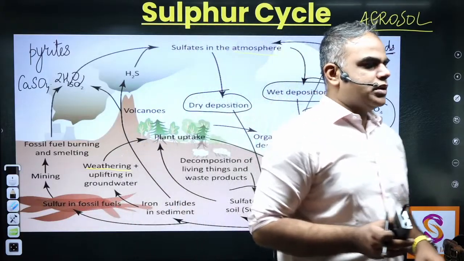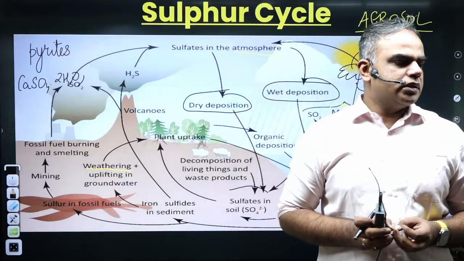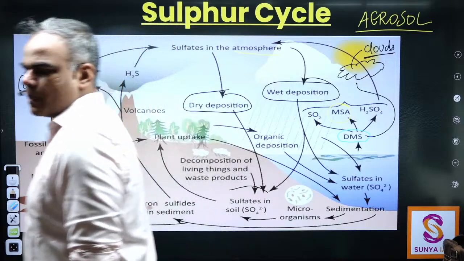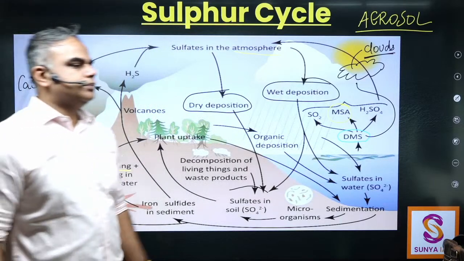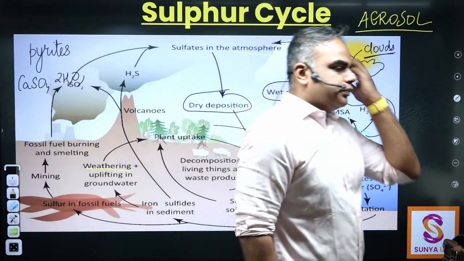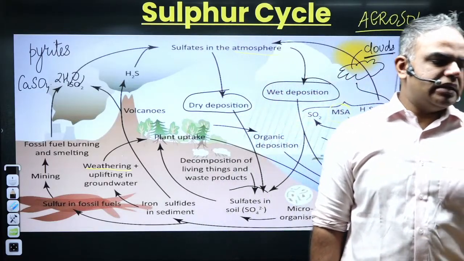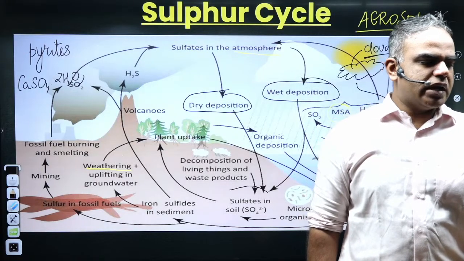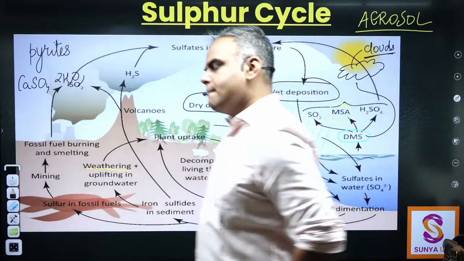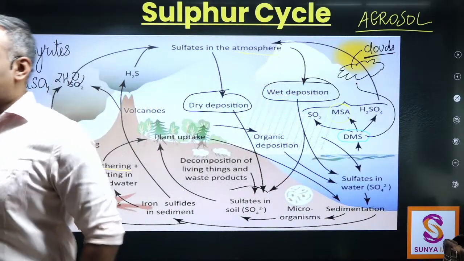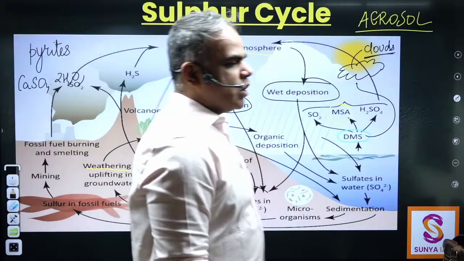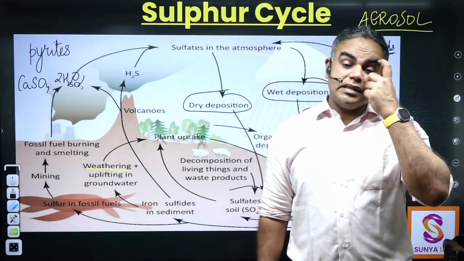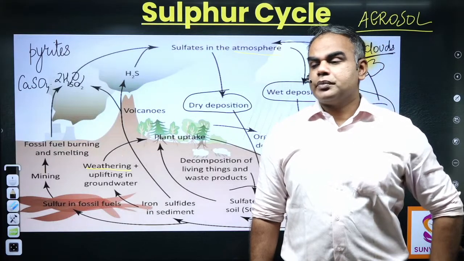You can write: they're tiny solid or liquid particles suspended in the air. Second point, they can be natural. In natural, write the example: sea salt. They can be natural, like sea salt, dust, we spoke about dust,